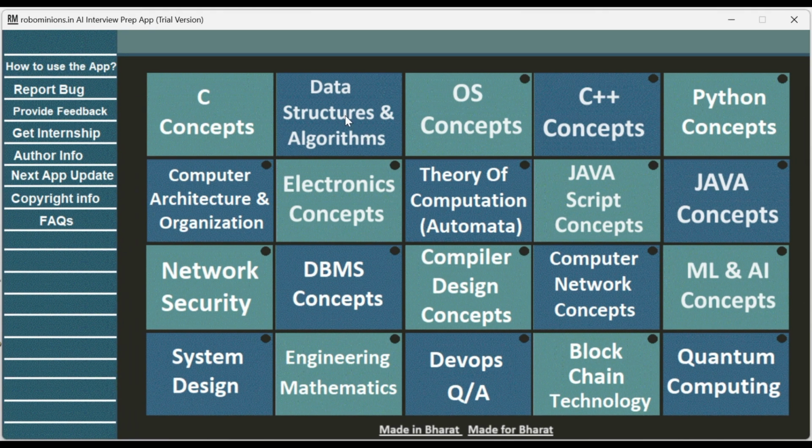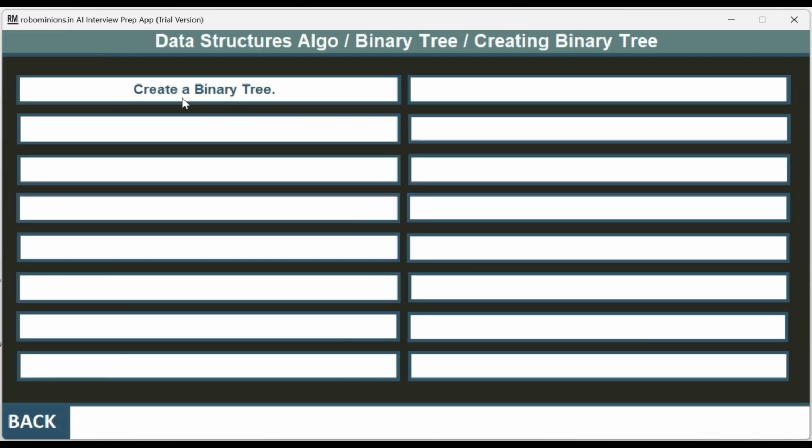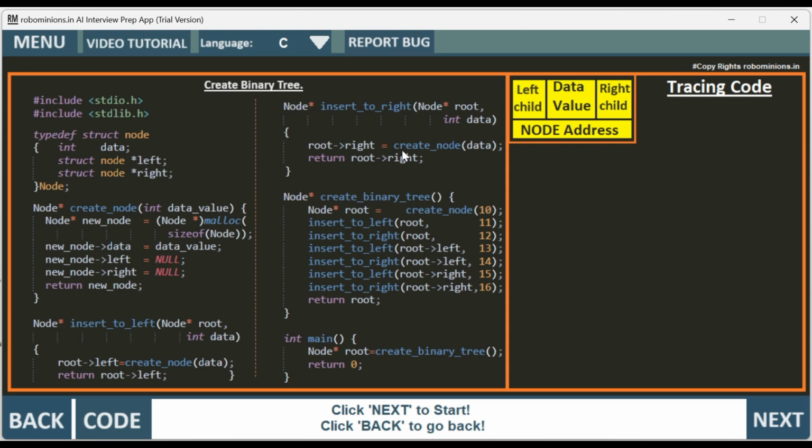The topic of this video is creating binary tree. So creating binary tree, before moving forward with the tracing of the code,